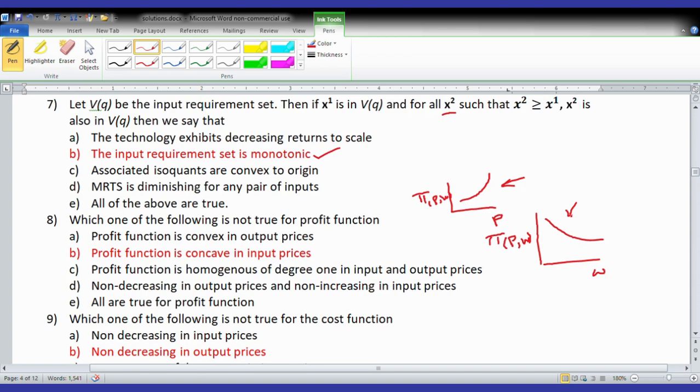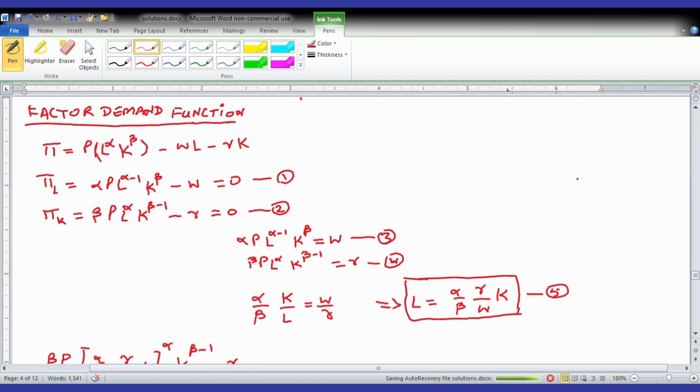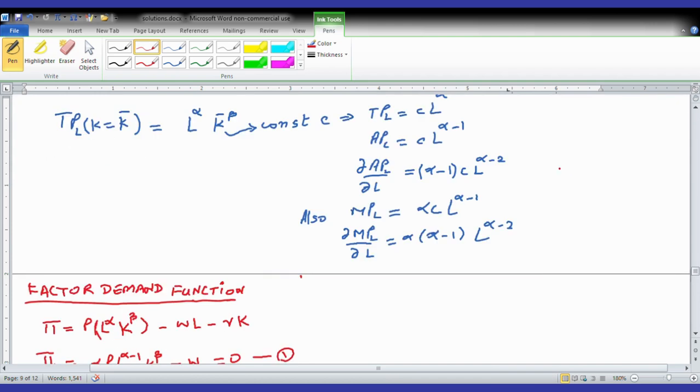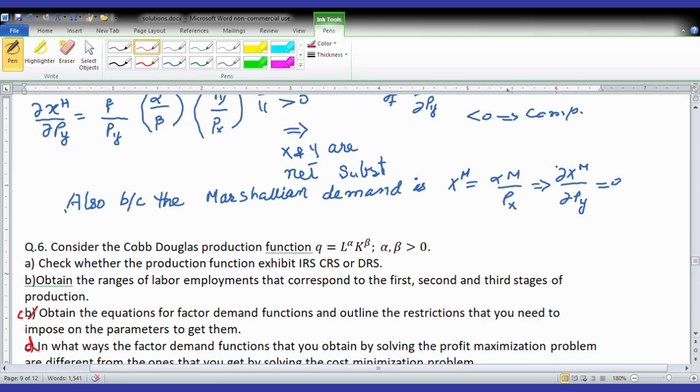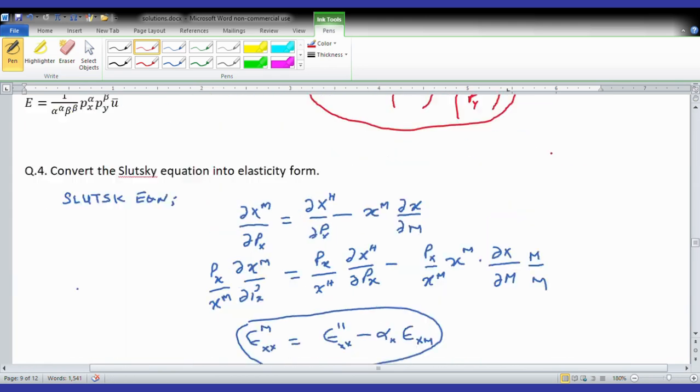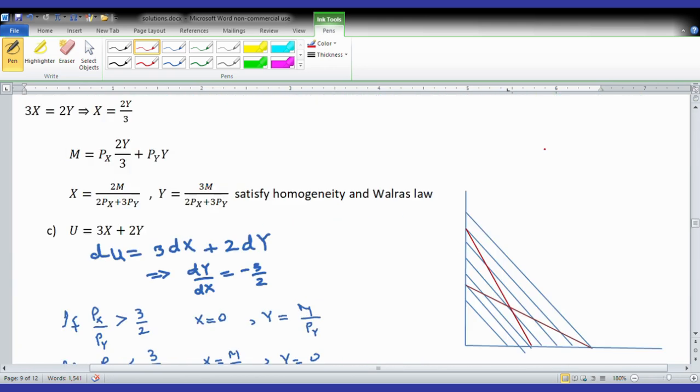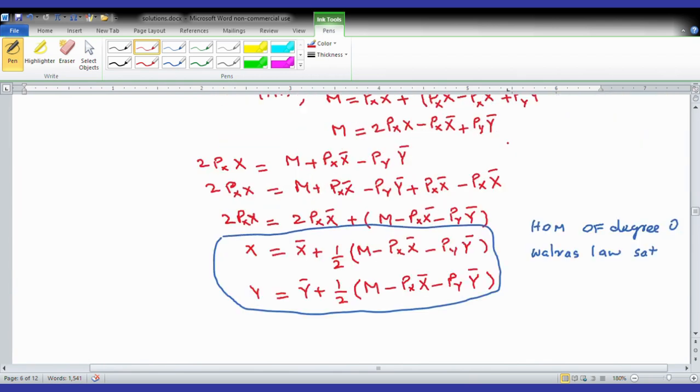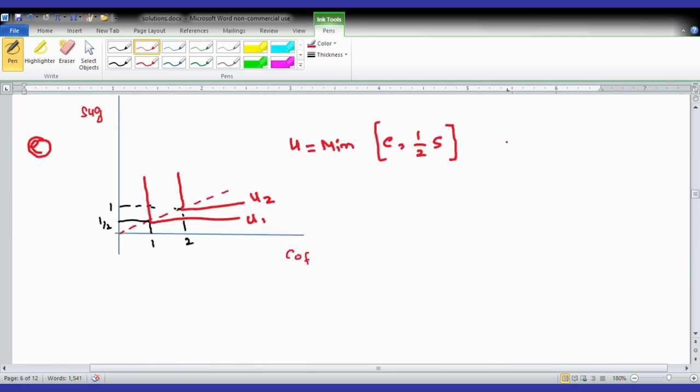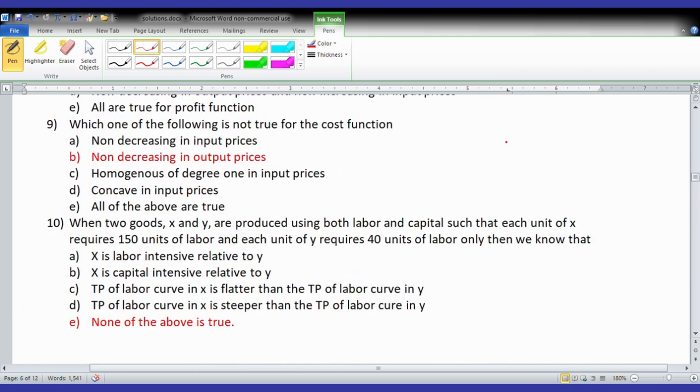Right, then we have question number 9, which asks which one of the following is not true of the cost function? Non-decreasing in price. Remember that when we were trying to obtain the cost function, that was something we were doing in the factors of production space, and in the factor of production space we had